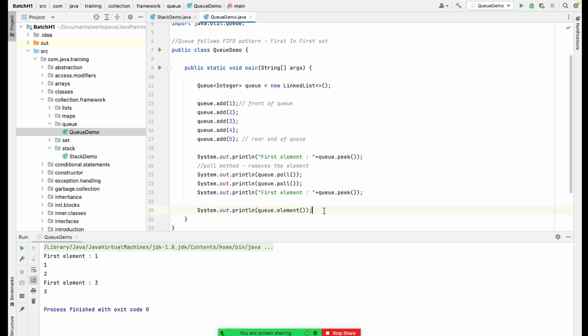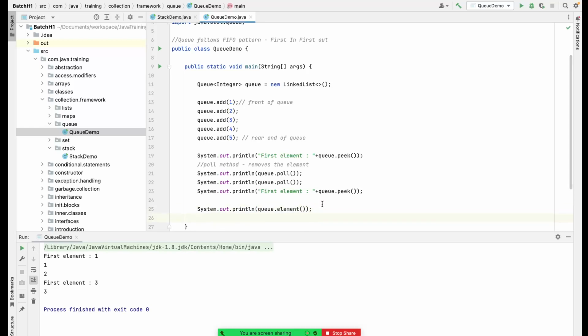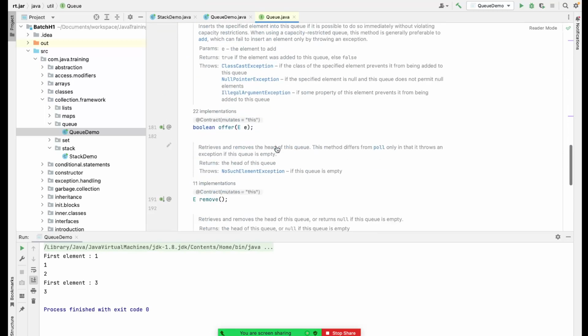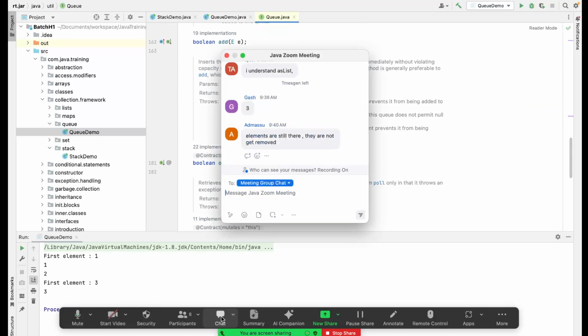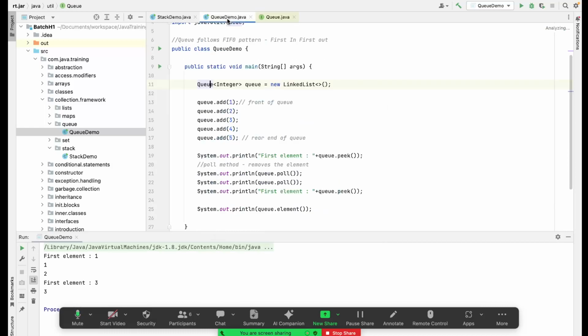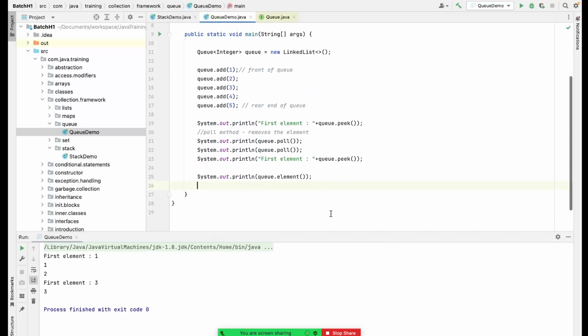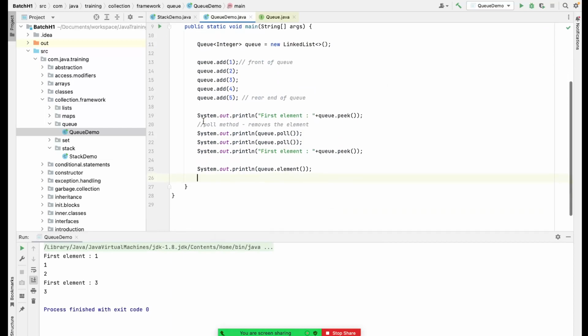So you can try to print this out, and you can also go for the documentation. Again, if you click on this queue, you can go for the documentation and read about whatever methods are defined in these elements, whether they get removed or not. Okay, Admasu, if you do a poll from that queue,